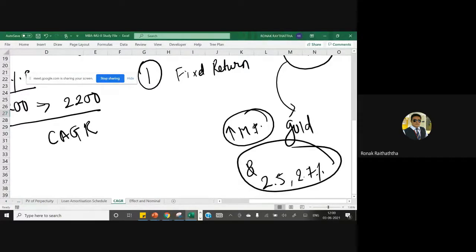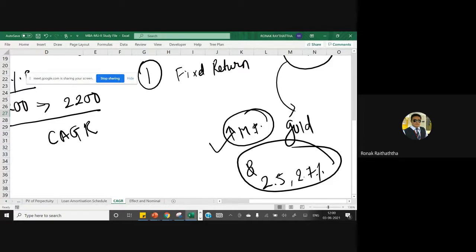So you can imagine, you can get two types of benefits from the sovereign gold bonds. One is the increment in market price, another is the fixed percentage of interest you get. But if you physically take the gold, the only return you get is the increment in market price. Earlier, 40,000 rupees were there for 10 grams. Now it's 50,000 rupees, or it may go to 60,000 now.